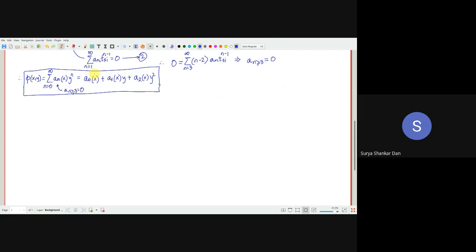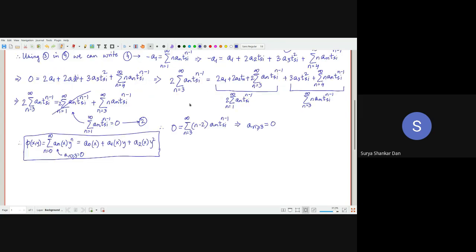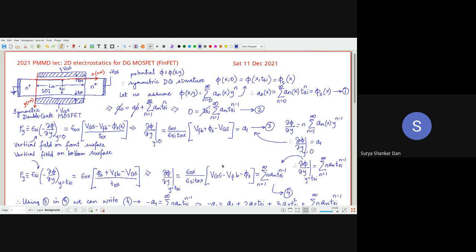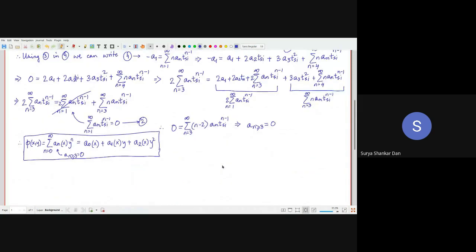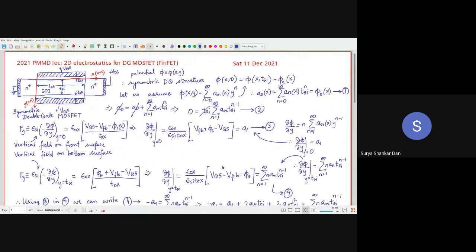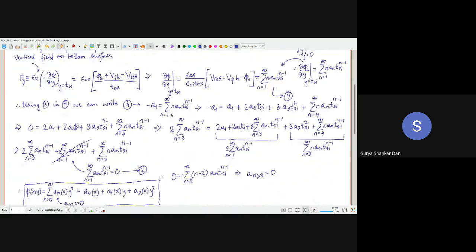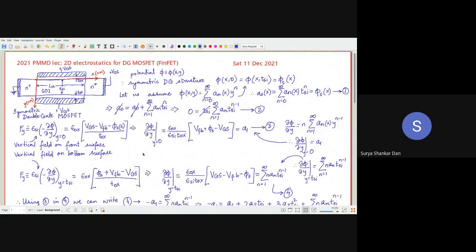Now, with all these calculations, we have essentially established the potential profile inside a DG, double gate MOSFET, FinFET, or even GOTFET, gate overlap tunnel FET. GOTFET is also a DG structure, so it can also be used as a FinFET. That is the part of the research which we are going to do in our research group. So the students who have joined with me in the next semester, we will be going deeper into this. So this is just the beginning.